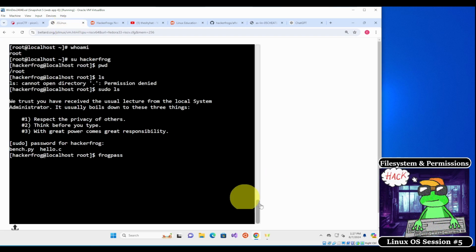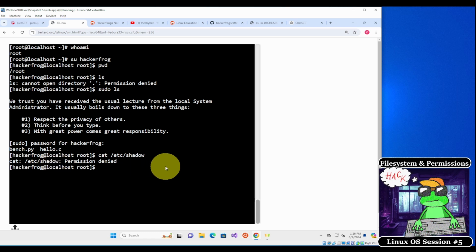So one more example. There's a special file inside of Linux systems that's called the shadow file. So it's going to be cat /etc/shadow. And what this file is, it contains the password hashes for all of the users on the system. So let me demonstrate. When we try to read this file /etc/shadow as a regular user, we're not going to be able to do so because this shadow file is owned by the root user. So we can get around this the same way. We just run the same command, but we use sudo in front of it. So if we run this,